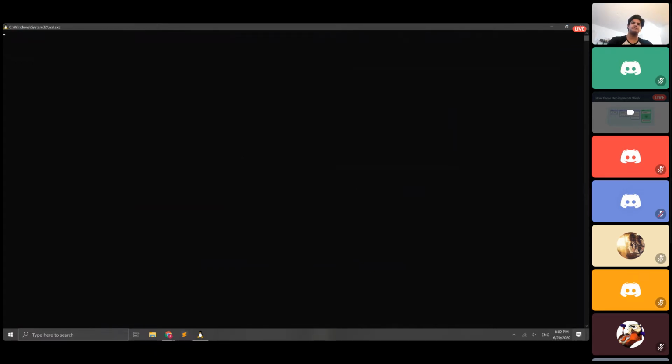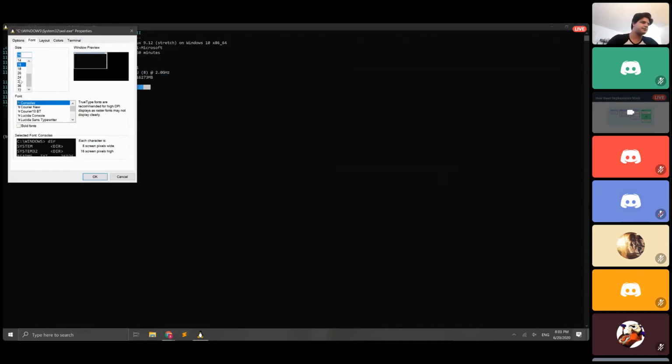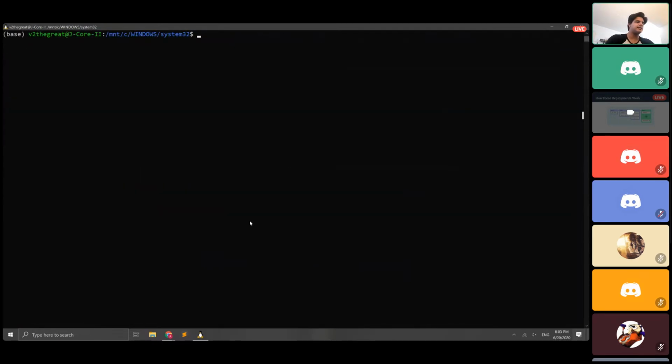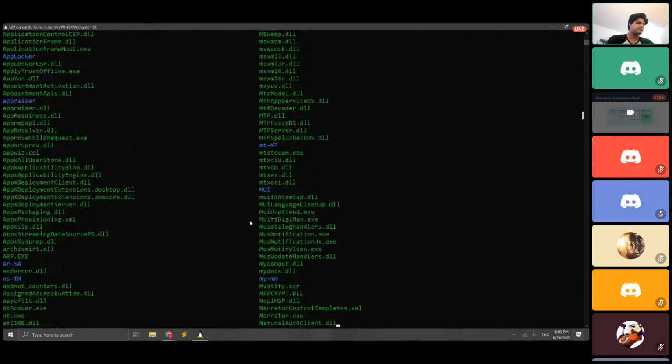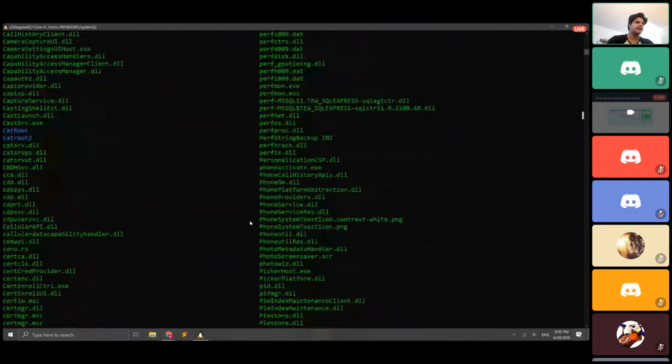Let's see. All right, so I'm just trying to show you WSL. It shows the Windows logo, but it'll say OS Debian GNU. I'll just increase the size so it's easier. Yeah, so it says Debian, and you can see all the cool stuff installed. Oh, what have I done? These are all Windows files, by the way. I accidentally clicked